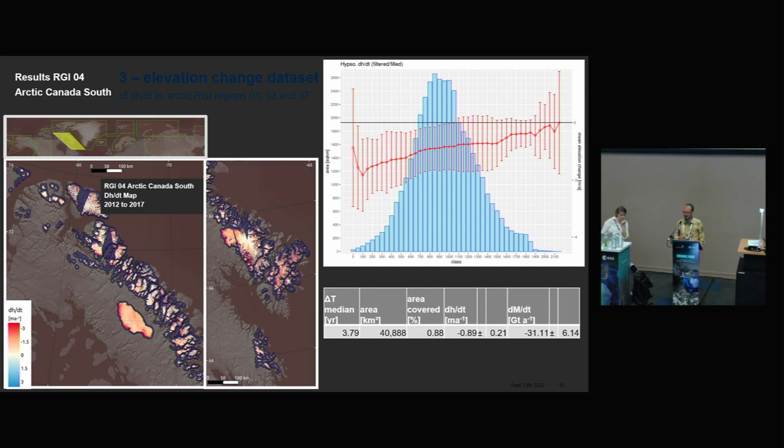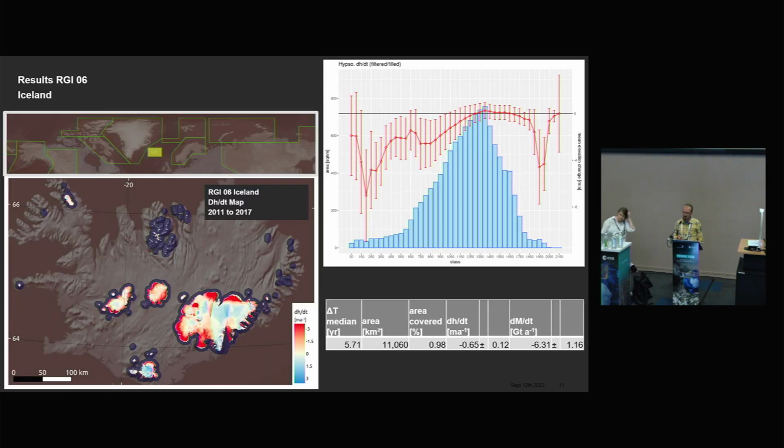You see in the distribution of the change rate that it is significantly more negative, which brings us to about 90 centimeters per year in the mean over all the area, and with less than half of the square kilometers, we also get about 30 gigatons of mass loss per year in Arctic Canada South. Going on to Iceland, so the other side of Greenland,